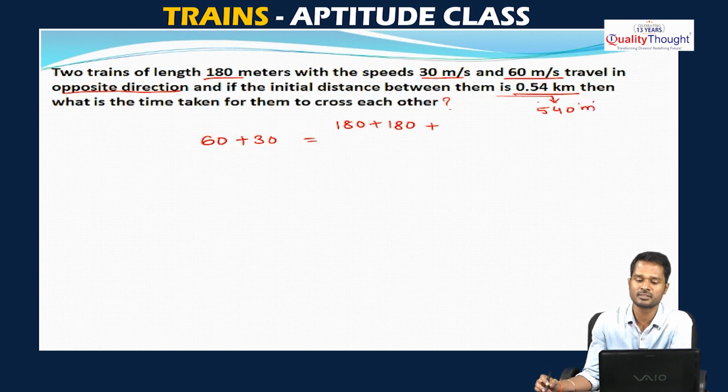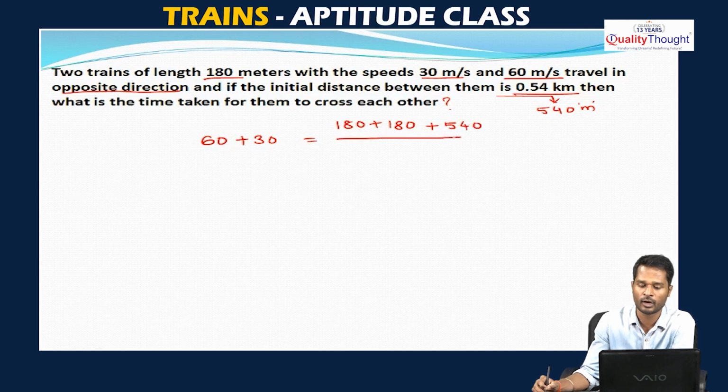So, there was a distance of 540 meters between them before they start. In the place of distance we need to write the length of both the trains plus the distance between the trains, by the time in which they will cross each other. Very simple. So, 60 plus 30 is 90 equals 180, 2 sixes are 12... 180 plus 180 is 360, 360 plus 540 is 900